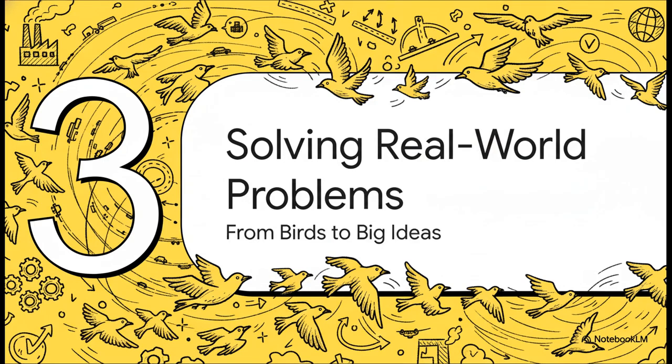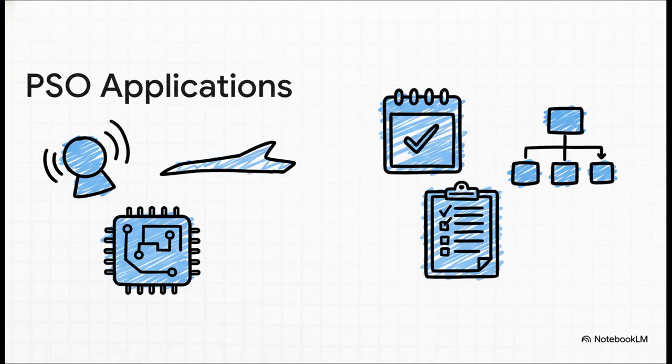Now, this is a really elegant idea, right? But here's the thing. It's not just some cool animation or thought experiment. This super simple algorithm has some seriously powerful uses out in the real world. And honestly, the range of things people use this for is kind of staggering. I mean, PSO is used in really complex engineering. We're talking about designing things like antennas, aircraft wings, even amplifiers and circuits. And it doesn't stop there. It's also used to tackle these ridiculously hard scheduling puzzles, like figuring out the absolute most efficient way for a business to operate or assign tasks.